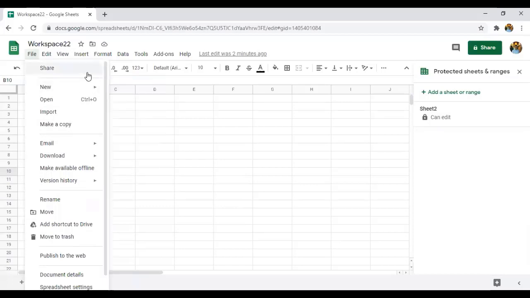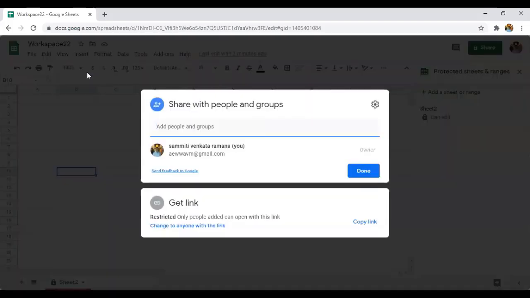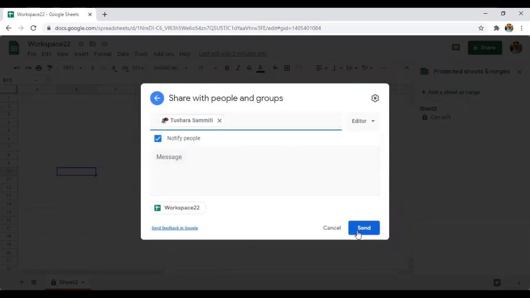Okay, share is nothing but, as the name itself indicates, that you are going to share the sheet. If you click on share, you can see there are several people. If you click on the person you want to share with, it will select the person.